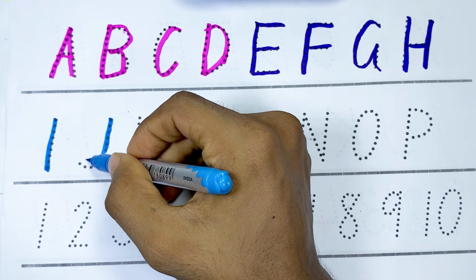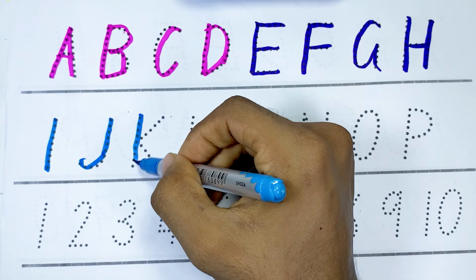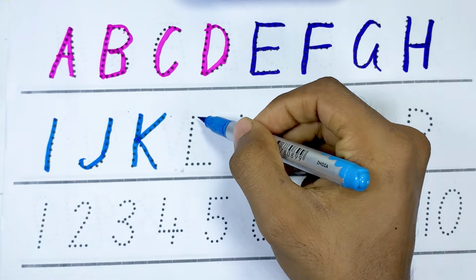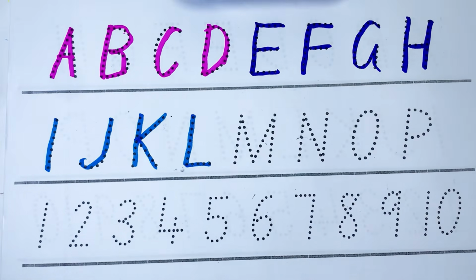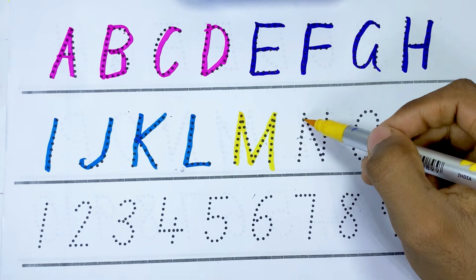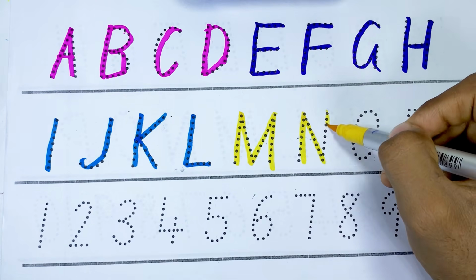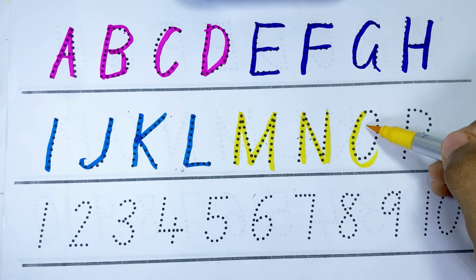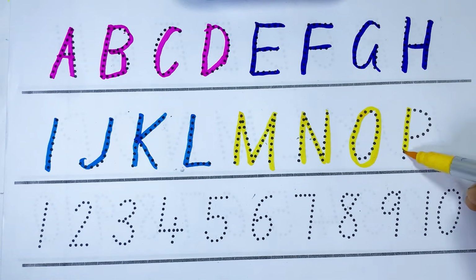for ice cream. J for joker. K for king. L for lion. Kids, now you draw M. M for moon. N for nose. O for orange. P for parrot. Now you draw numbers, and first you draw 1,